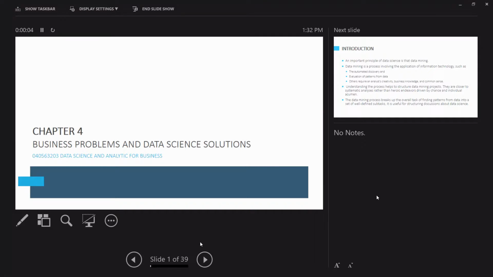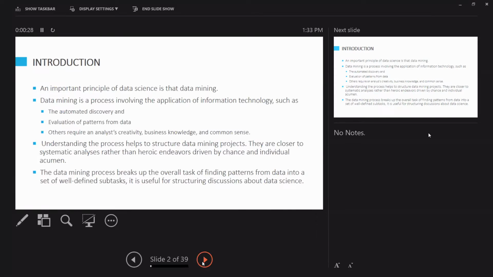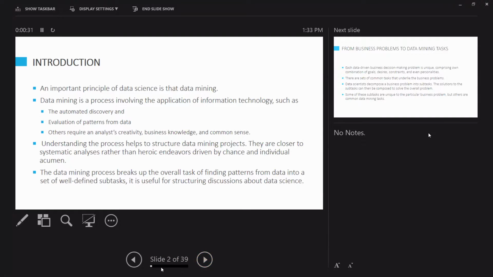So chapter 4 is business problem and data science solutions. Mainly this chapter talks about business analytics and also the process of business analytics. So this chapter is mainly focused on that. And also I would like to start with the very end of the slide